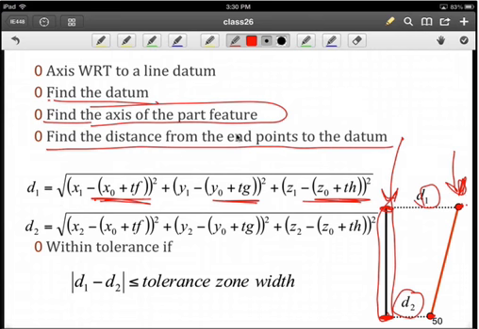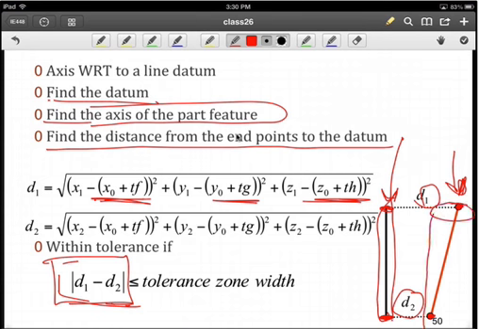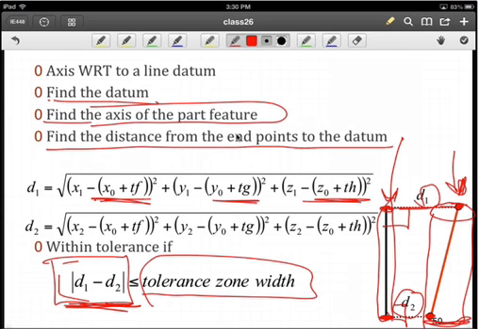So I calculate D1 and D2, and similar to what we did with cylindricity, I'll subtract the difference, and the difference essentially will tell us something about our tolerance zone. If you recall, this axis has to fit within a tolerance zone that's aligned with B. Now we've ensured that because we're taking this distance perpendicular to B, and now if I take the absolute difference between the two, it will be less than or equal to the tolerance zone width if it's within the specification. Now note the tolerance zone width is the diameter here,